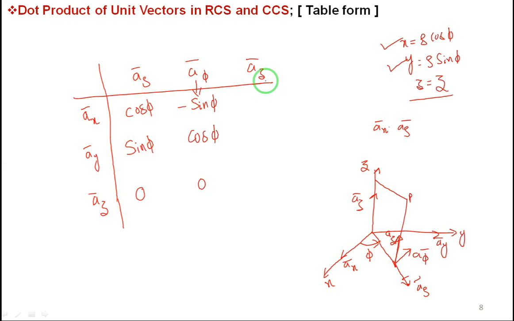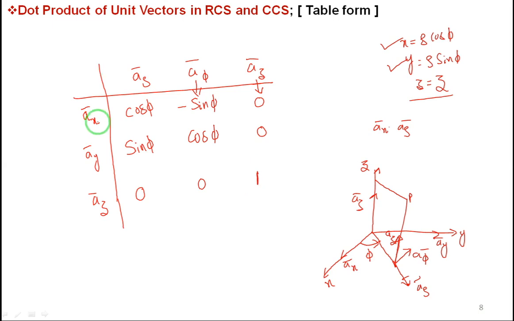Leave it. Next, come to z. How to fill this column I will tell you, or else geometry also. By geometry, as I had shown for the first column, you can go with this, but blindly you go. So take the derivative of the previous column, the second column elements, with respect to z. It will be 0. This will be 0. But for these two it is okay. But observe here, az dot az we know. Same vectors, right? They are parallel vectors. So what will come if I take the dot product? Cos 0 is 1. So I will be getting 1.